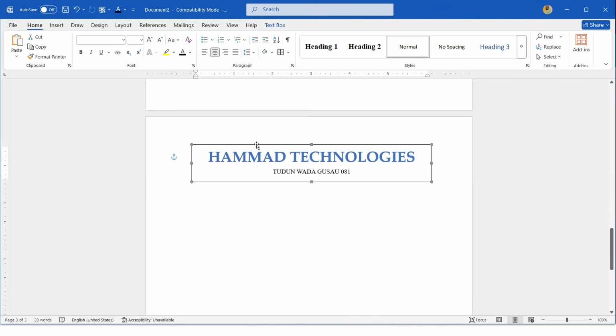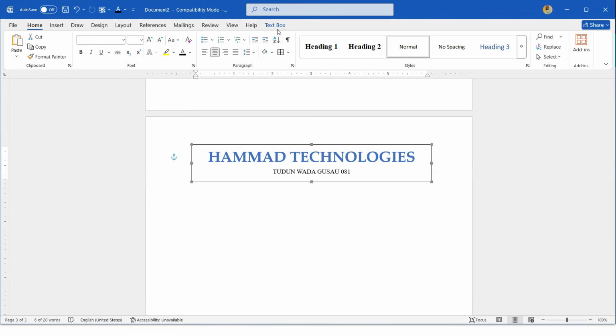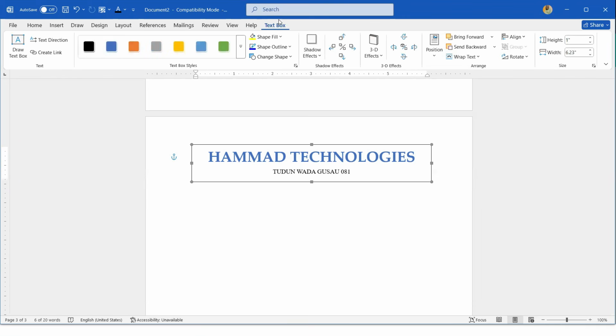If I want to get rid of the border, I will select it. Please, you should understand something here. If I didn't select the text box, you will not see some tabs. But please keep looking at this place. Once I select the text box, something will just appear here. Let me select it and see. You see the text box tab appear somewhere here, right? So you just go ahead and select it. After you have selected it,